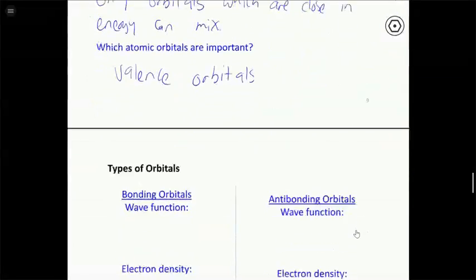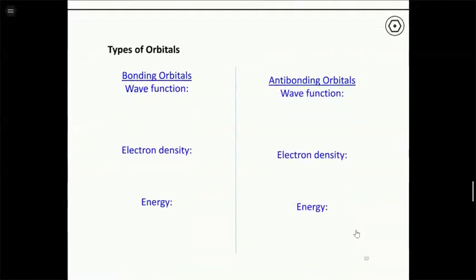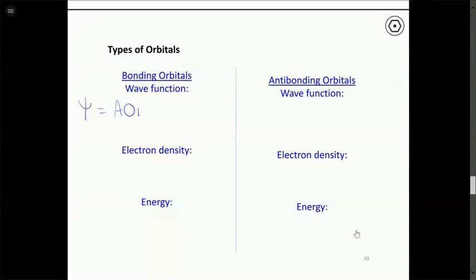We're doing linear combinations of orbitals, and we have what are called bonding and anti-bonding orbitals. So for a bonding orbital, which we abbreviate as psi, so psi is still the abbreviation for wave function, we're going to do an additive combination of two atomic orbitals. So the atomic orbital from one atom is going to be added to the atomic orbital from the other atom to give us a new bonding orbital which is an additive combination of the two. This is going to be a delocalized molecular orbital, an additive combination of the two individual atomic orbitals.